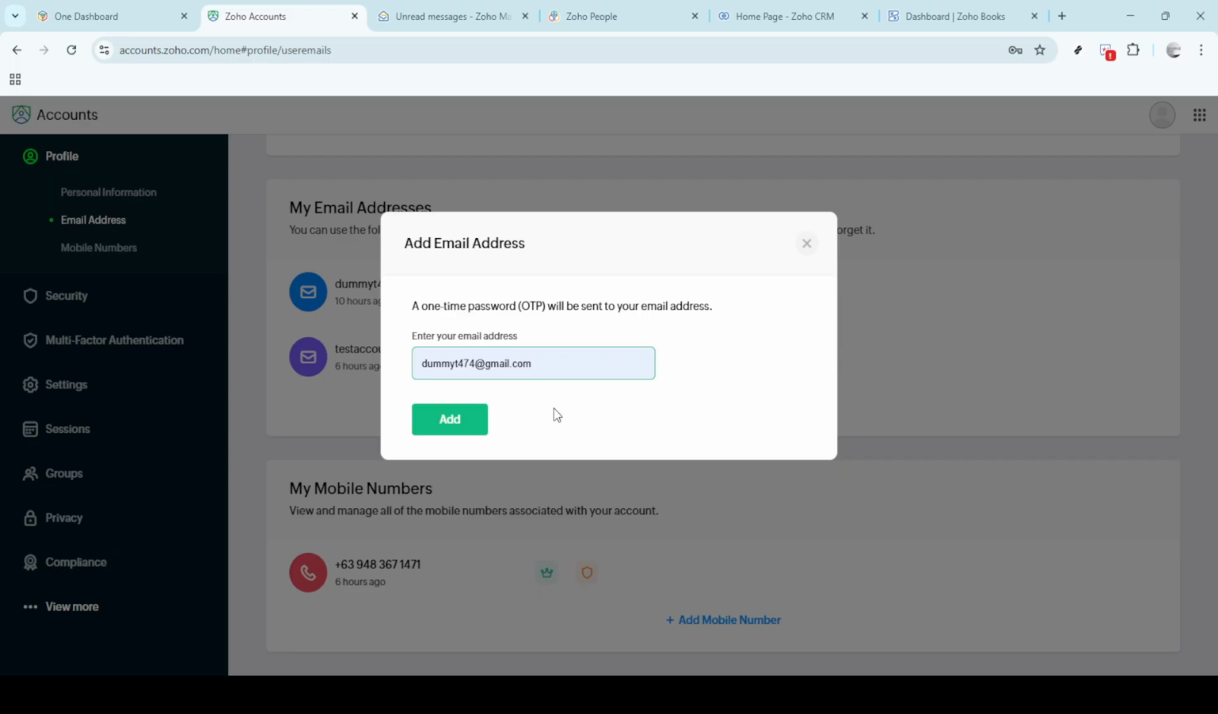After you've entered the new email address, look for the Add button and click it to proceed with your changes. This notifies the system that you want to add this new email to your profile. A confirmation email may be sent to your new address, so don't forget to keep an eye on your inbox